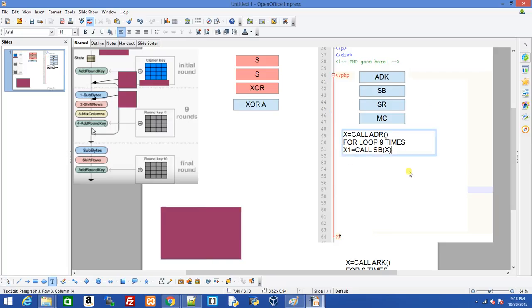Okay, so after subbytes, we want to return a variable, and we want to call shift rows, and we want to do that with the array x1. So remember, okay, that's clear enough. So after that, x3,